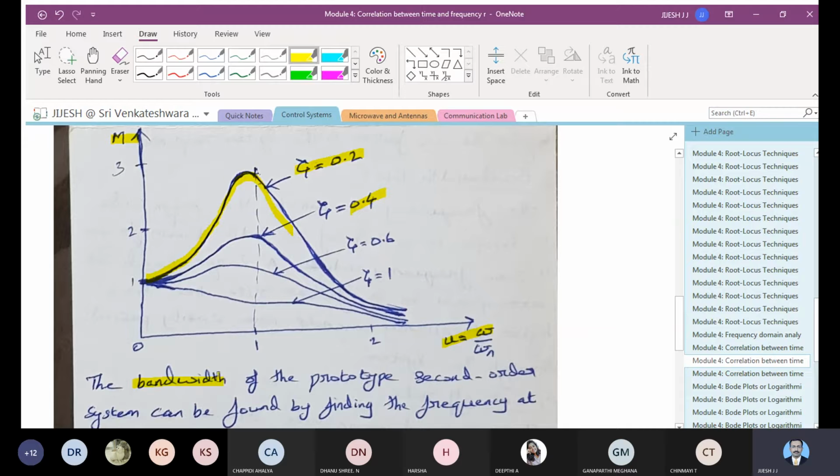So this is what we have seen till now. We have calculated the value of Mr, and found that it is equal to M when u is equal to ur, and you also found omega r, and the expressions of those two parameters you have already seen. Now you have to go with the bandwidth, and you have also seen the plot of u versus M for different values of zeta, that is 0.2, 0.4, 0.6, and 1, and what variation it is going to have.